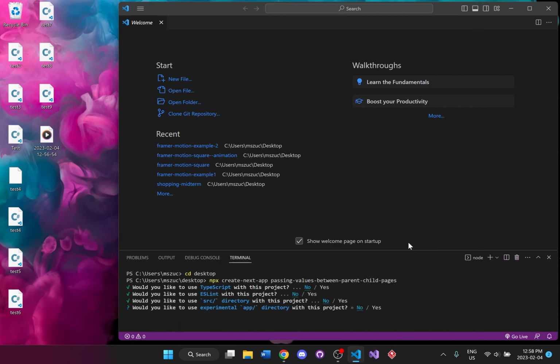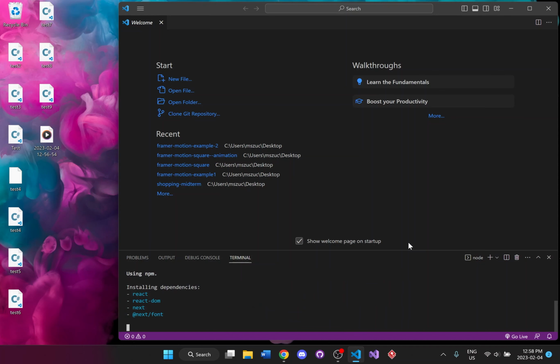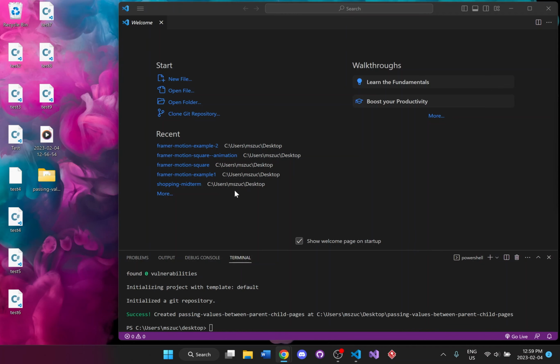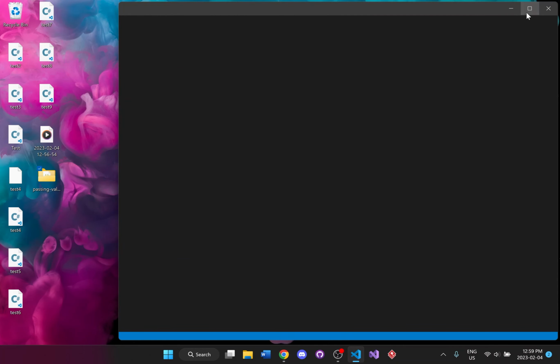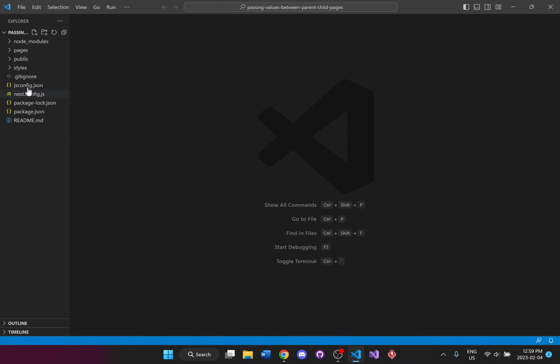I'm just going to have the bare bones basics, so no to everything, and just hit enter for the alias. And just wait for this to finish installing. And we're just going to drag and drop this folder over once it's done. And we are ready to code.